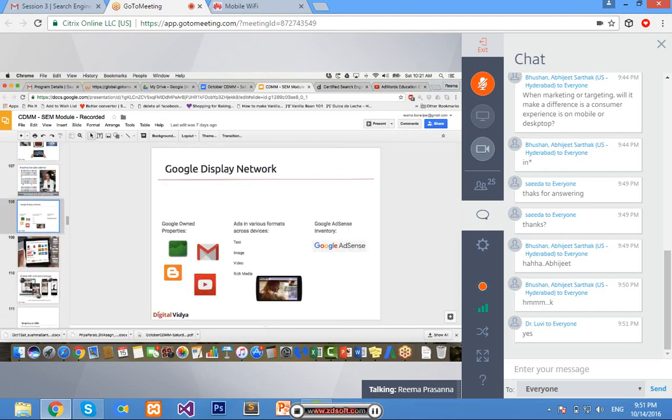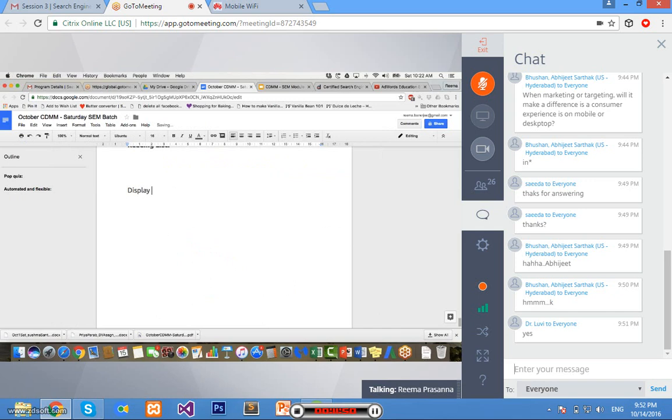Now that's where the display network comes in. So the display network occupies that 79% bracket when people are not searching. What is a display network? Display network consists of a big group of websites and applications and videos, right? So three things essentially. Let's go and write these down, right? So the display network occupies the,